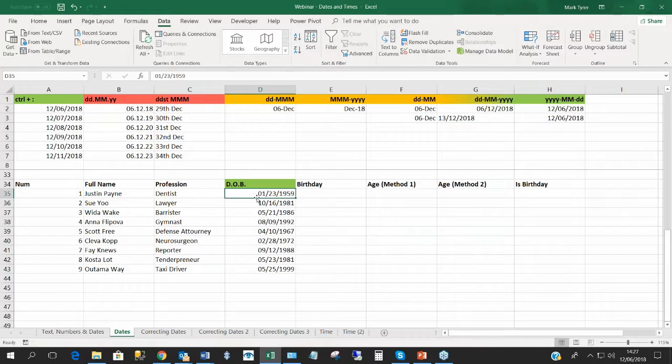It's now currently in the format of month, day, and year, so just be aware of that. So it's the month first, then the day, then the year. And let's say I wanted to calculate somebody's birthday. And a way that we can do that is, instead of trying to capture it just as a month and